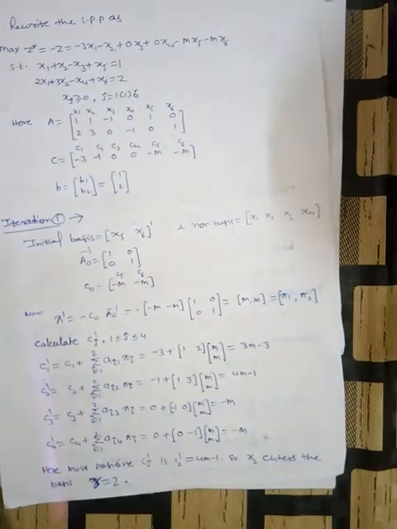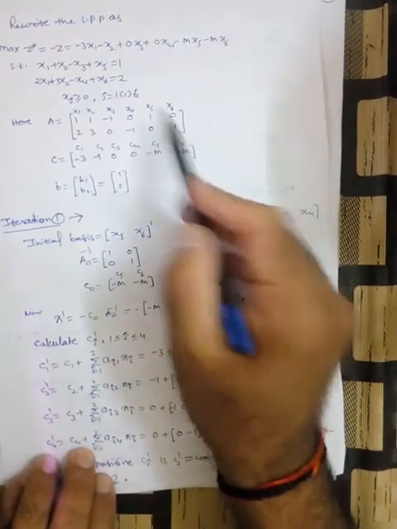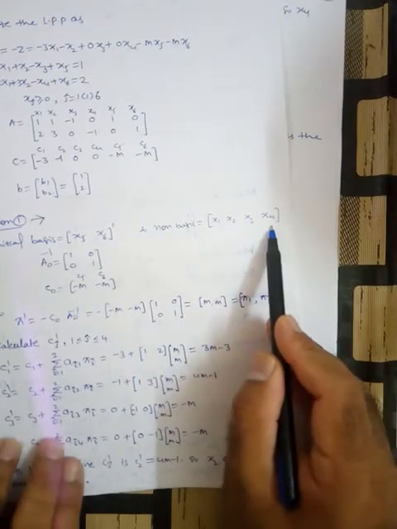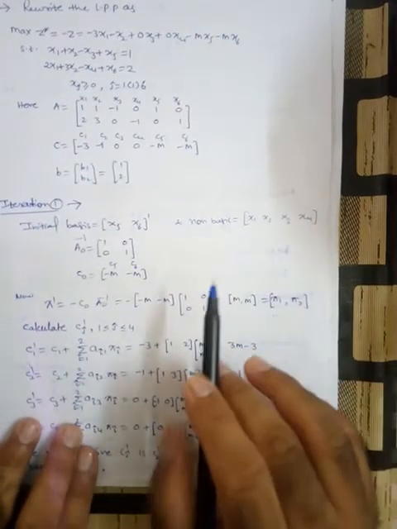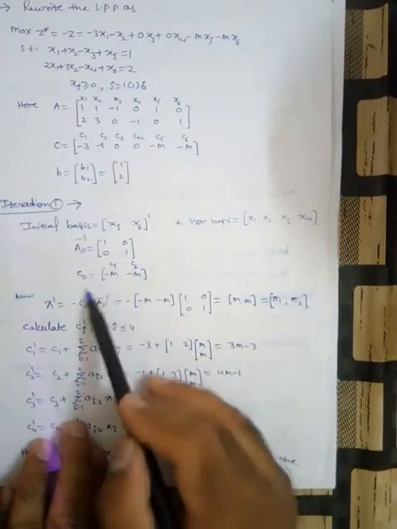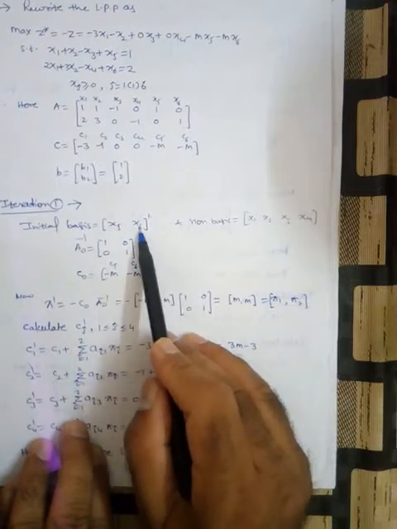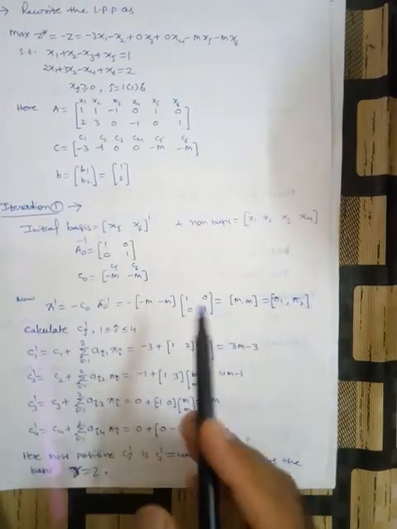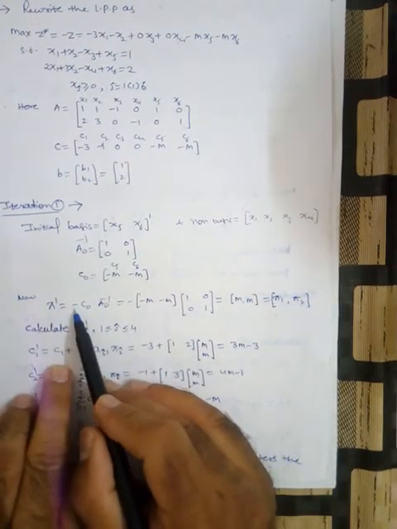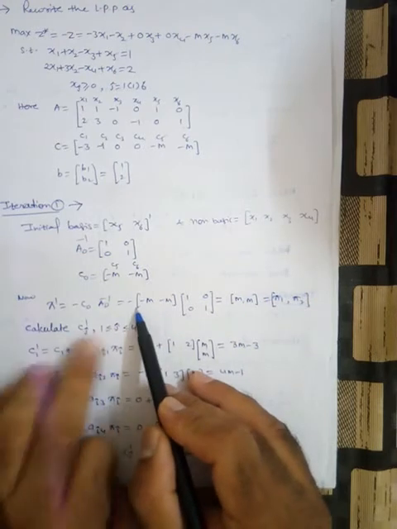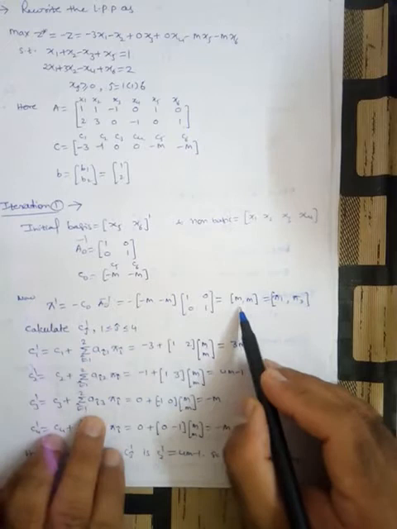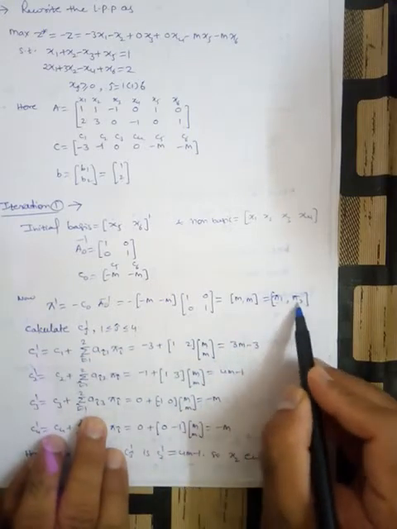So now the initial basis, according to this identity matrix, is x5, x6, and the non basic variables are x1, x2, x3, x4. Now the inverse matrix is this identity matrix. The cost c0 corresponding to c5 and c6 is minus M, minus M. So first we have to find the pi multipliers. Pi is minus c0 a0 inverse; minus c0 is M, a0 inverse is the identity matrix. After simplification we get pi 1, pi 2.